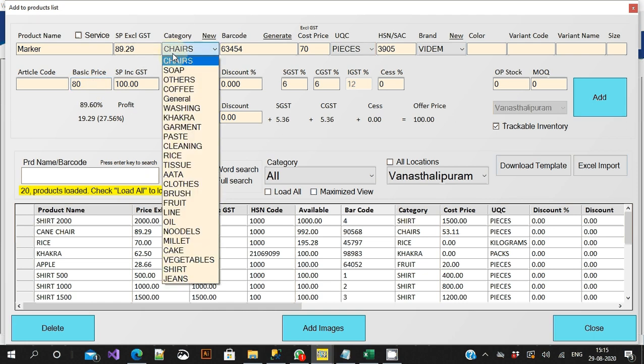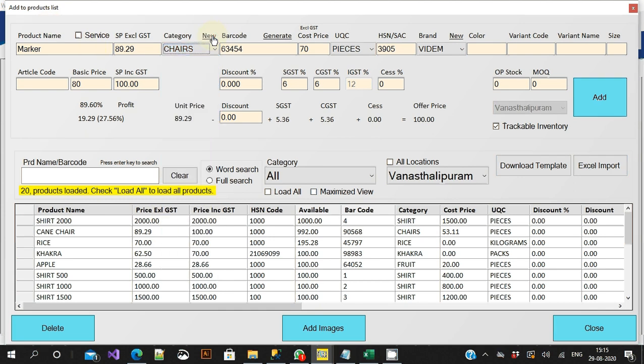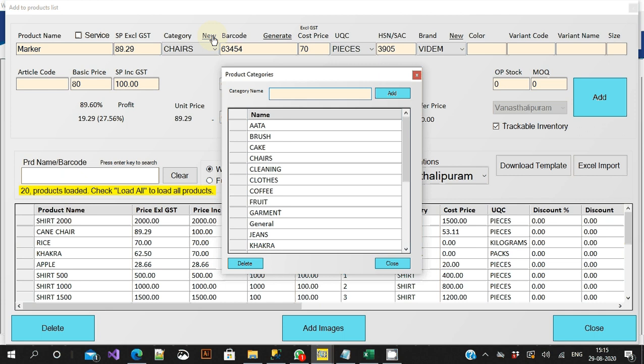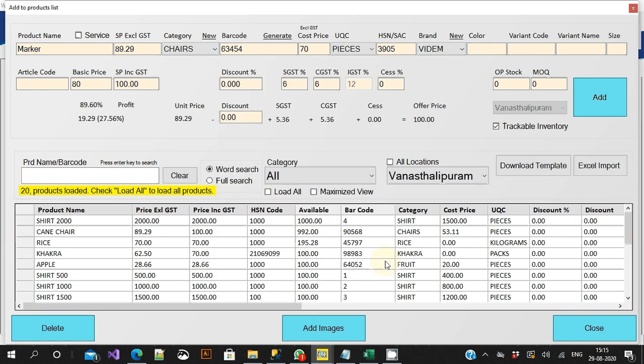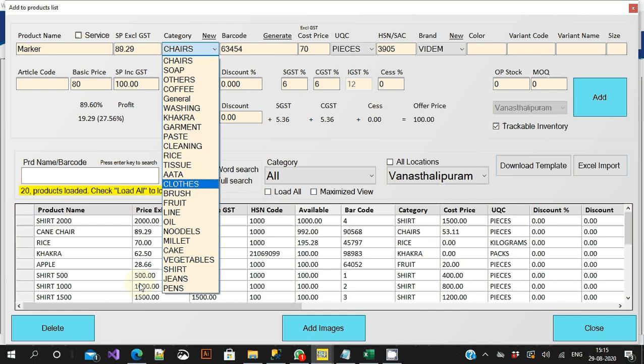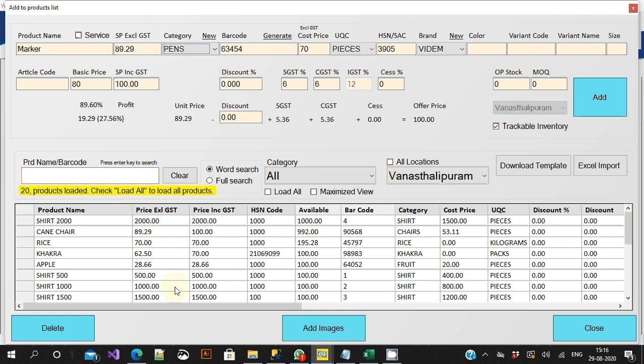Now I can define the categories of marker by clicking new and say pens. I'm not sure whether the categorization is correct, but I'm saying it for an example.